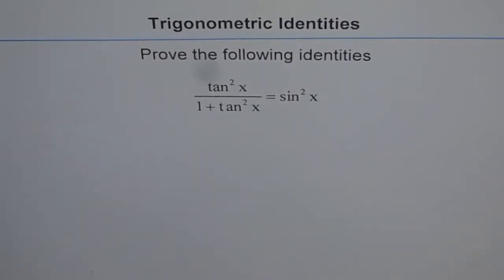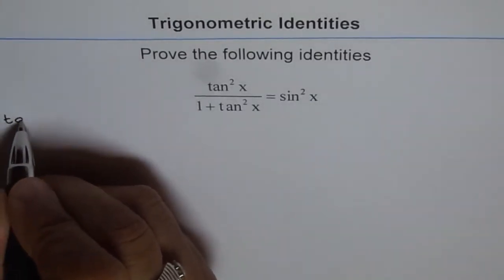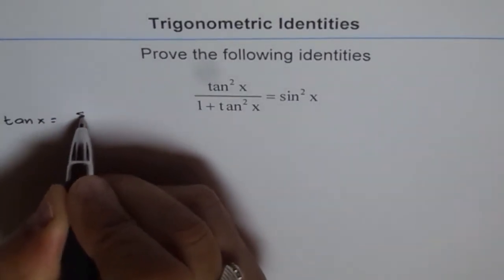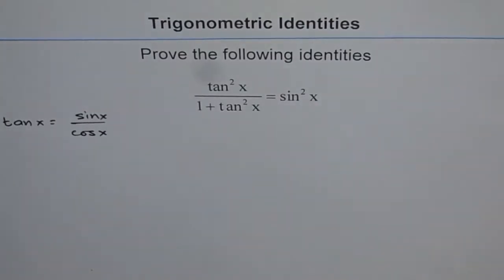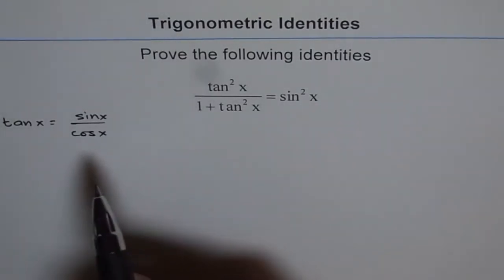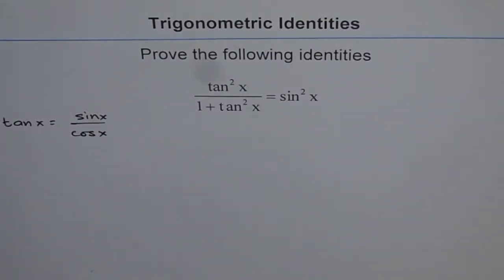Trigonometric identity: tan squared x divided by 1 plus tan squared x equals sine squared x. As we have discussed earlier, we'll write tan as a ratio of sine over cos, right? So we know tan x equals sine x over cos x. Another important thing we see here is that we really don't need cos x. So what we can do is multiply everything by cos x so that we get rid of cos x. That is the kind of strategy we are going to use to prove this